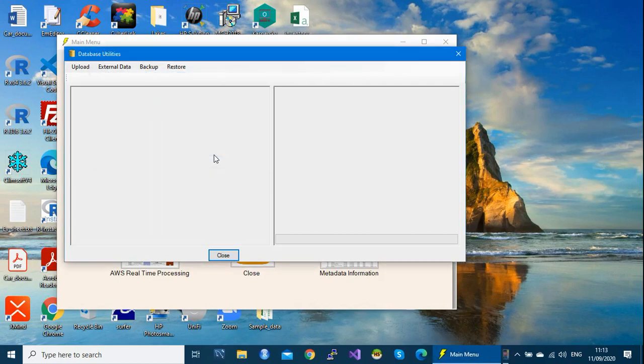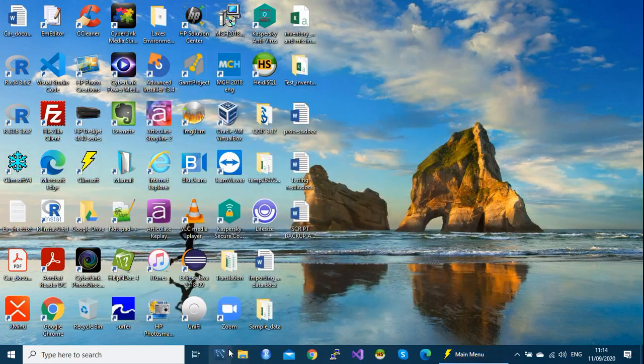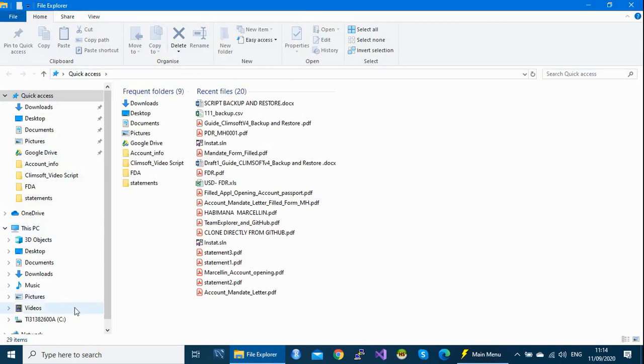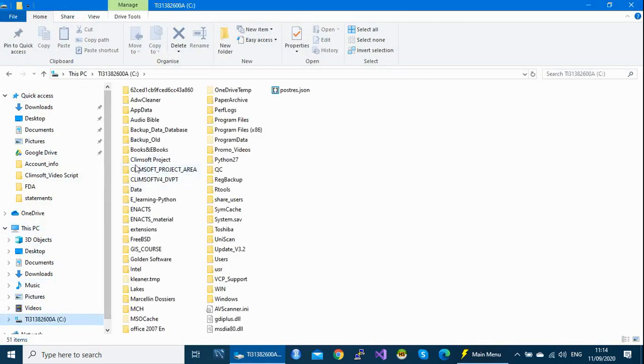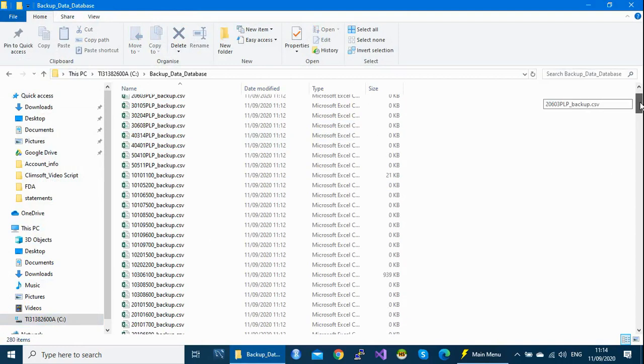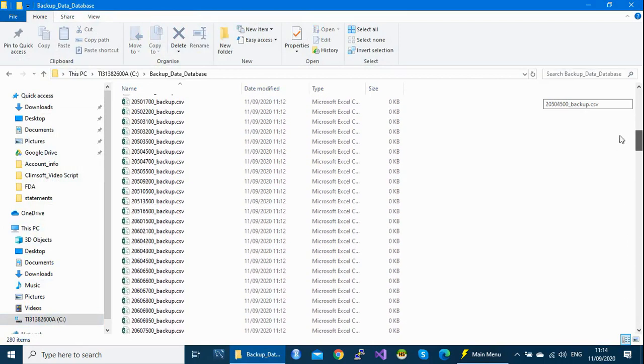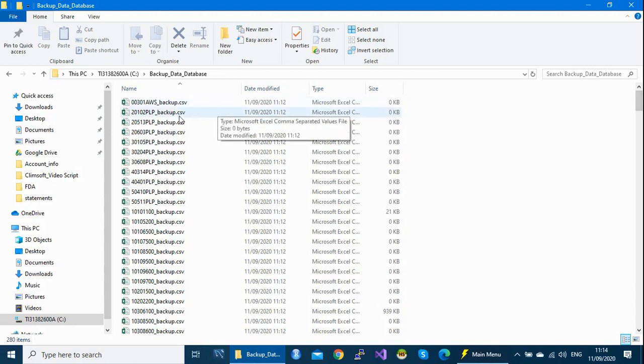So let's close this one and let's go and check our folder, what is inside. Remember it is under C. The folder is called backup data and database. As you can see, this is the folder. So each station has got its own file, exactly as I said in CSV.